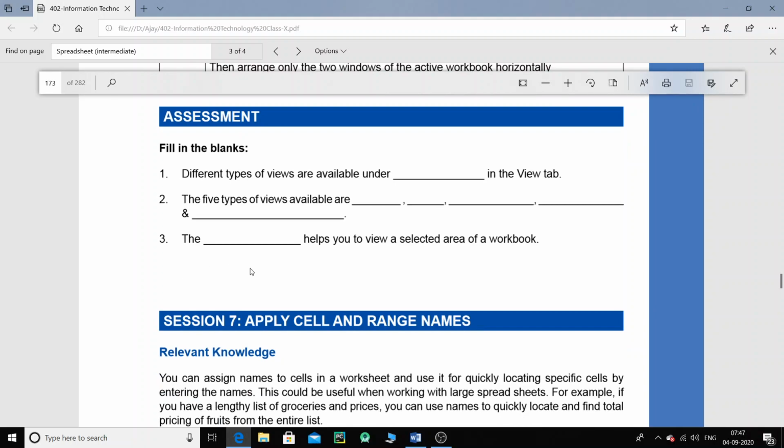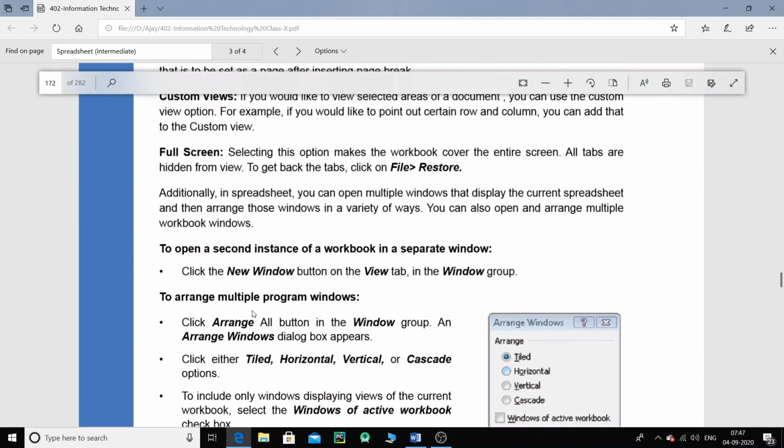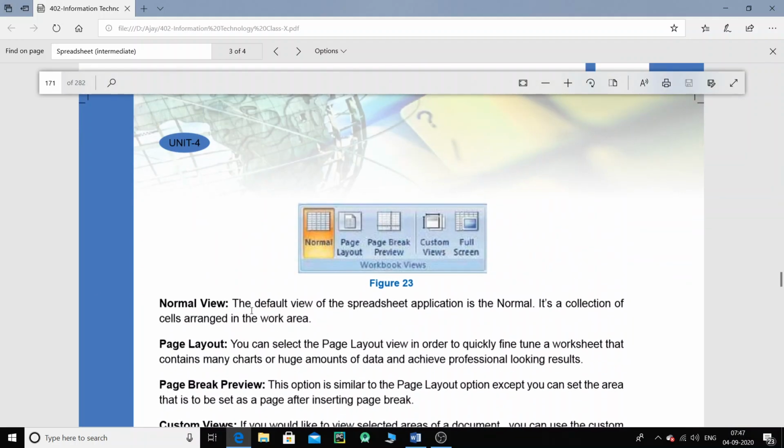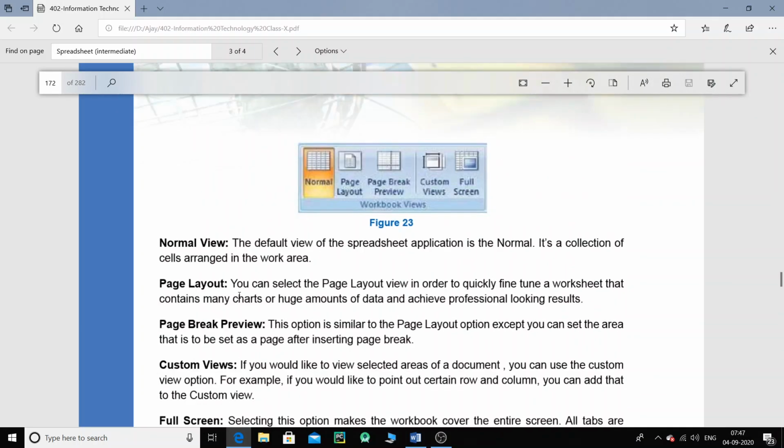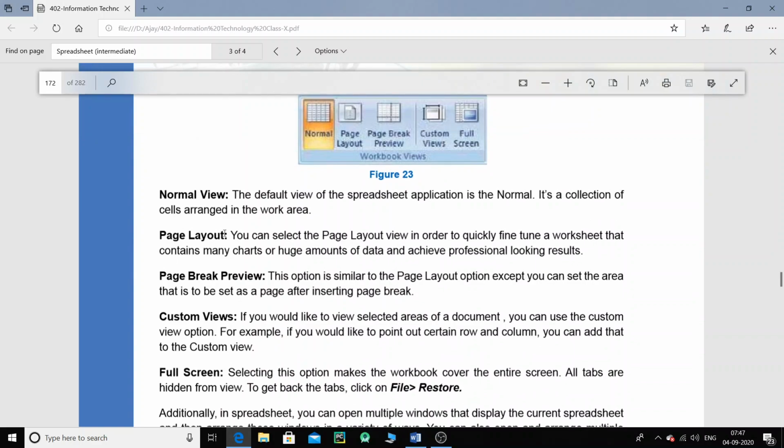Maybe possibly the question can come if we have a paper pen exam in the future, so you have to give around 5 different types of views, or the question can be to define the normal view or the page layout view, page break preview. So you can just write this definition. Such a question can come if we have a paper pen exam in the future.